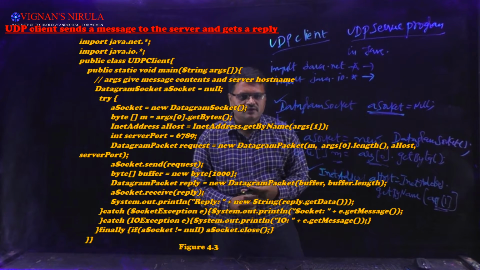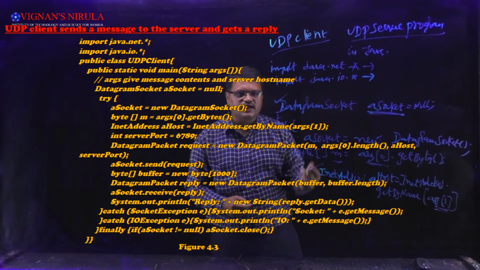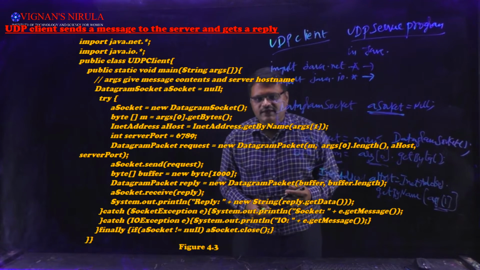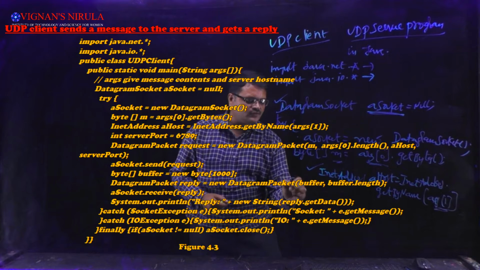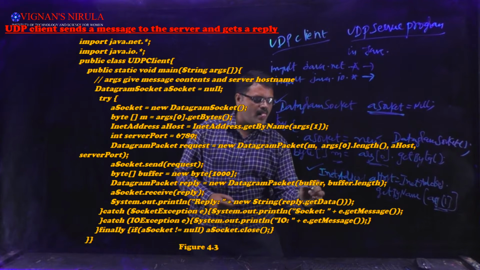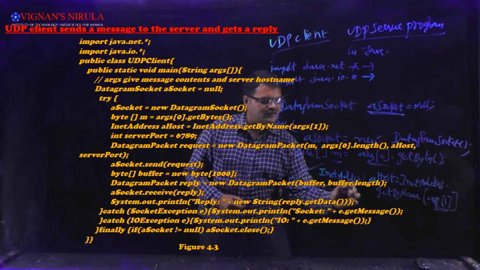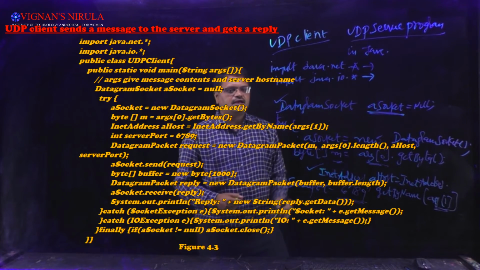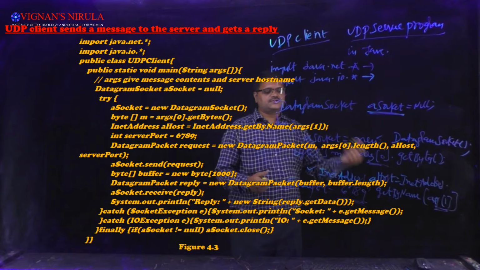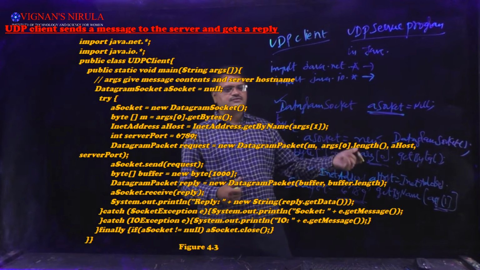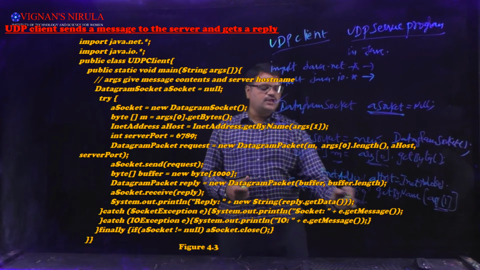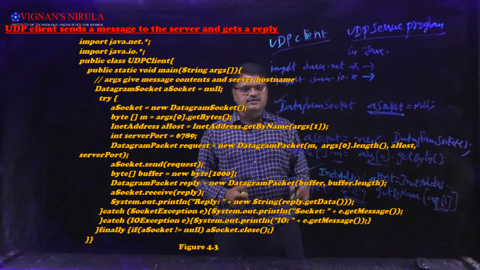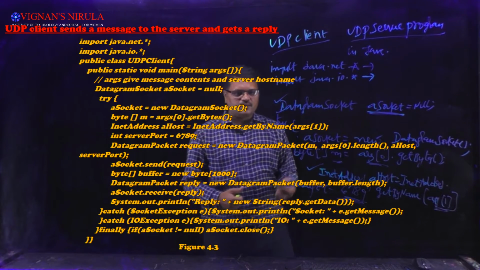Okay, so before that what we will do is int serverPort. So server port is 6789. This is fixed. So through this port only we will send the request from client to the server, and also from server to the client. So this is fixed. So 6789 is the port which we are using in this program. Next is